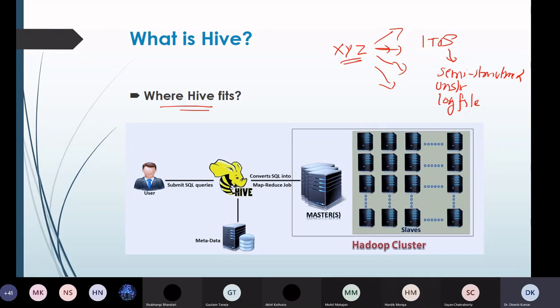Now, how to handle this data? Because data is semi-structured or in the form of a log file which does not follow any schema. So it means the traditional databases where we require structured data, we cannot basically use those traditional databases. So the solution is we will move to the HDFS or the Hadoop architecture where we can create a cluster and then distribute data so that the processing can be done.